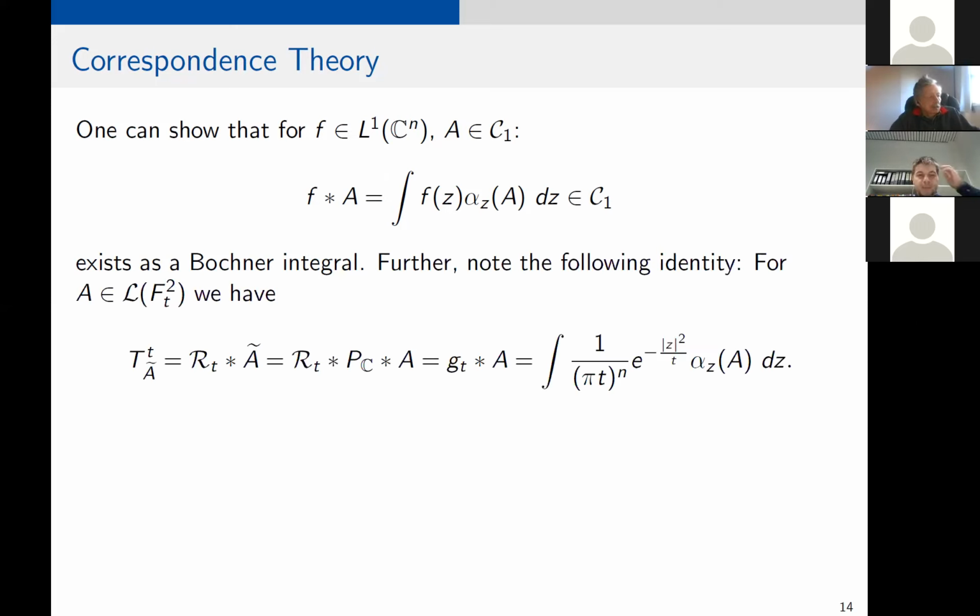Also note the following. If we start with some operator A, a bounded linear operator, and we look at the Toeplitz operator, the symbol of which is the Berezin transform of A. By the identities I have shown you, this is the same as convolving this operator